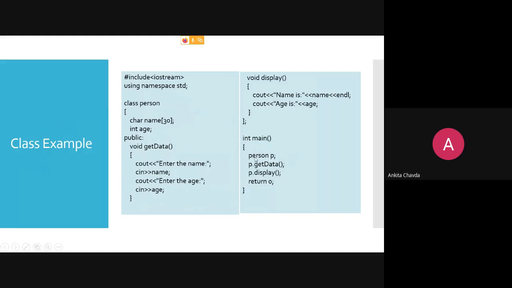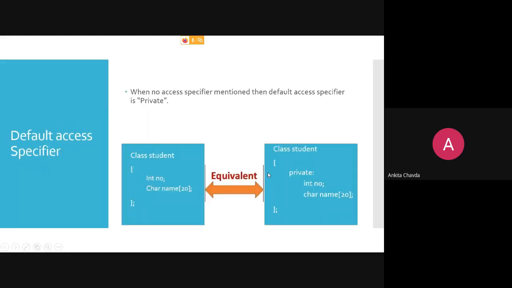And we have seen one example of how you are creating the object and how it works. Then the default access specifier. If you are not specifying anything, at that time your default access specifier is the private one. So here you have not mentioned that this is the private integer number and character name of 20.